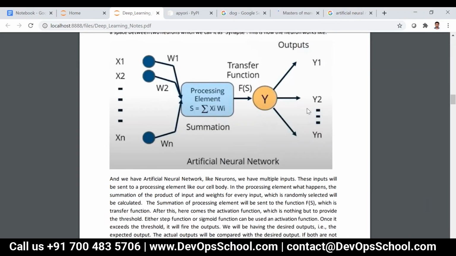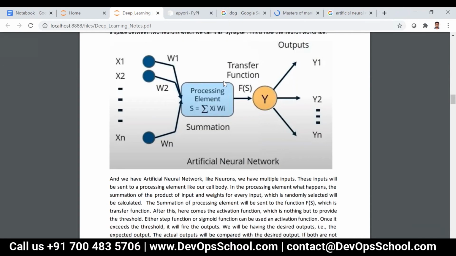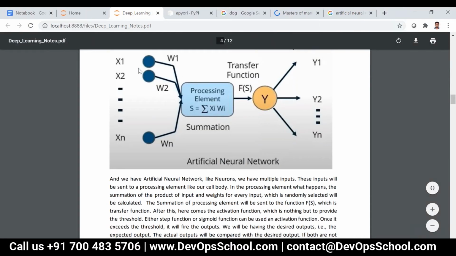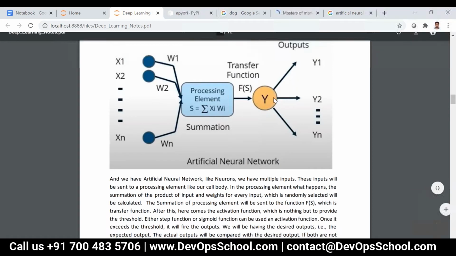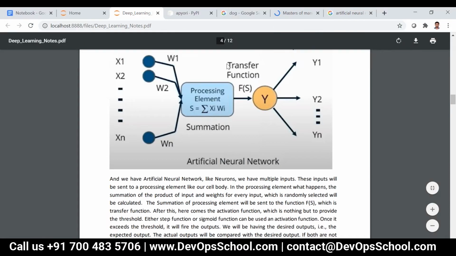If both do not match, the same process will be repeated by assigning different weights to the respective inputs. Only the weight for each and every input will be changed; the inputs will never change, they will be the same. The same process is repeated until the expected output is equal to the actual output. This is just a single layer, I can say.